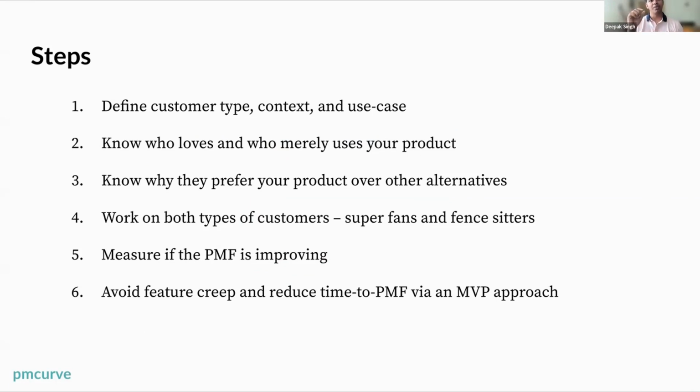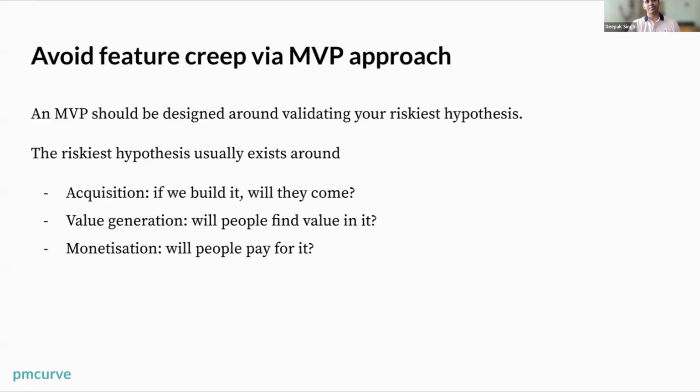Because ultimately, what you're going to get from the first 4 steps are the areas to improve or the features to build. So how do you validate so that you don't build a full-fledged feature and ship it and then realize, oh, it's not working, but now we have sunk cost, so we have to keep this feature? We can't kill this feature. We have to keep reiterating this feature and all that, right? How do you make sure that you can quickly validate 5 features and double down on a couple of them rather than investing in all 5 features? That is where the MVP approach actually helps, right?